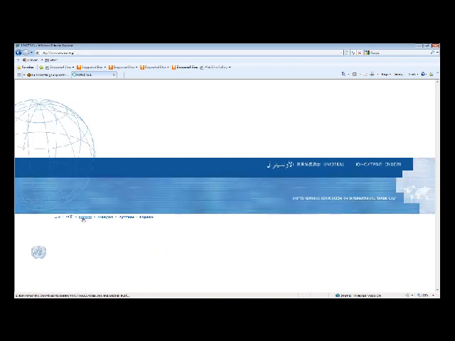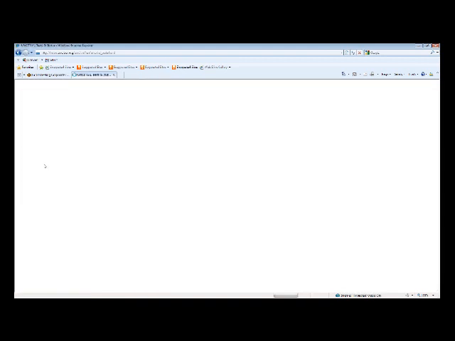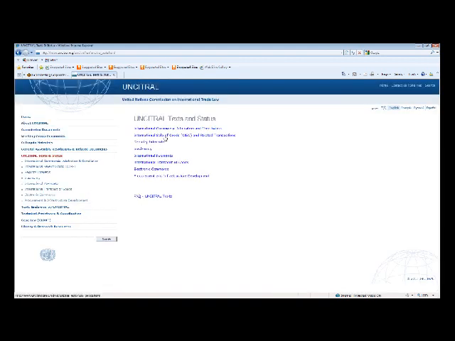If we select English, this website is available in multiple languages. Okay, on this website, the main area where you will probably be looking is this one, the UNCITRAL texts and status. If I click on it, here you have the main areas of the UNCITRAL mandate and the legal